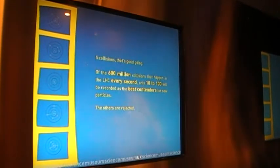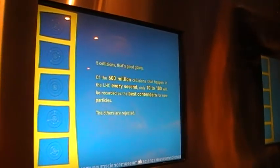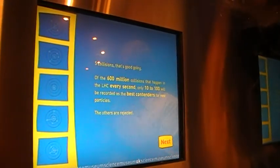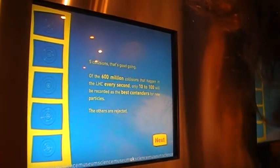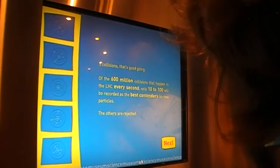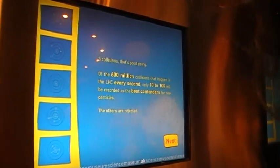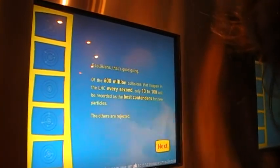Good. Okay, so you've got 5. Right. Okay, so that was just the first stage of the trigger. That's cut it down from 600 million collisions to a couple of million collisions a second. But because there's fewer of them now, we've got a little more time with our